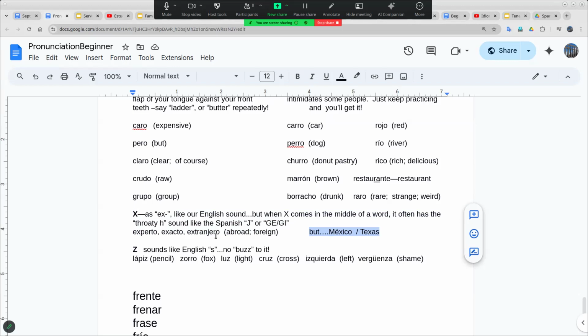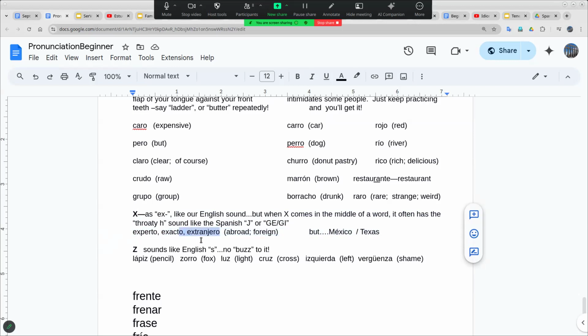But a lot of times you're going to have X as an EX that leads off a word. Okay. A lot of words in Spanish start with an EX. These come straight from Latin. Okay. And then it'll sound like it does in English, basically. So you get words like experto. Not a j anymore. Okay. This is not geographical. Came in from Latin. Experto. Exacto. Yeah, exactly. The word for somebody who